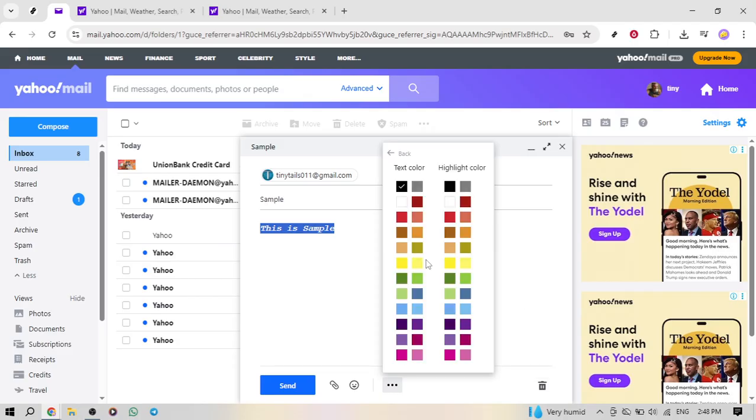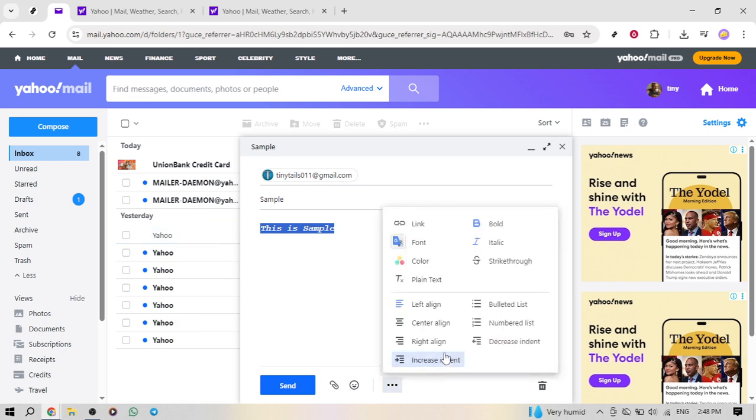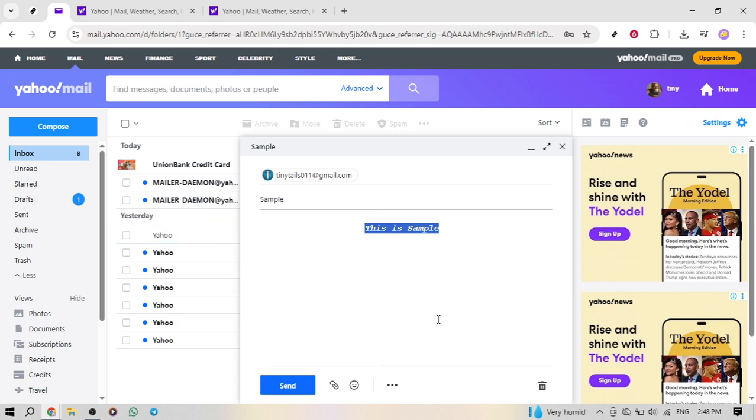You can adjust alignment as well. Left alignment is standard for most emails. Center alignment works nicely for short headings or announcements. And right alignment is rarely needed but available. Remember that alignment applies to entire paragraphs, so place your cursor in the paragraph you want to change or highlight